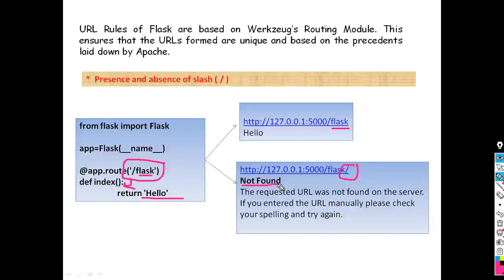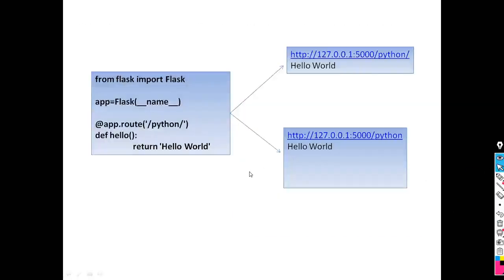So it gives you error. Look here. This Flask URL is present with a single slash at the left-hand side. It is not embedded in a pair of slashes, so it returns the error. Means what? The slash is present at the left side, but it is absent on the right-hand side. So it gives you error. When we give a slash on both sides, it returns the output like this.